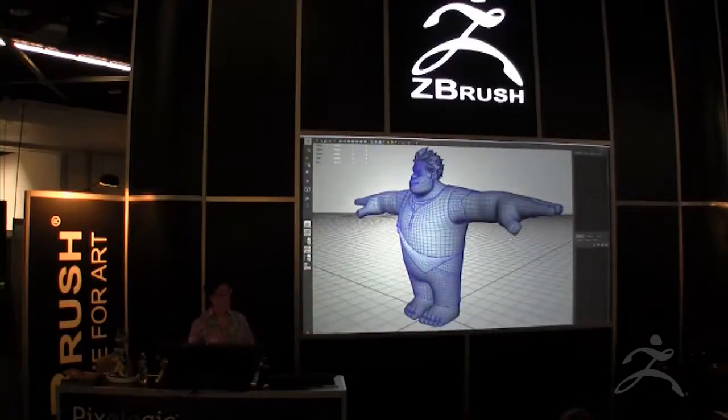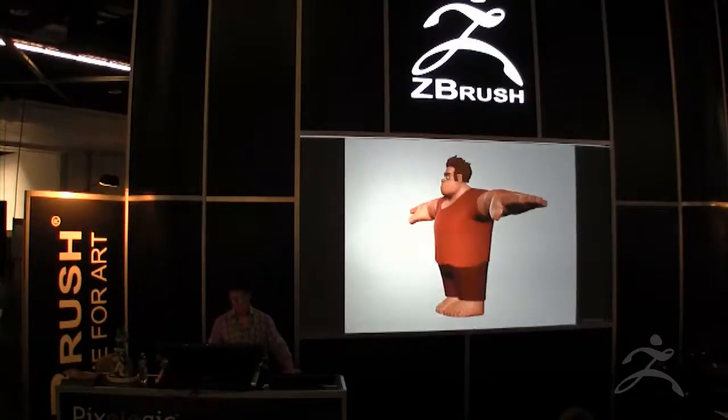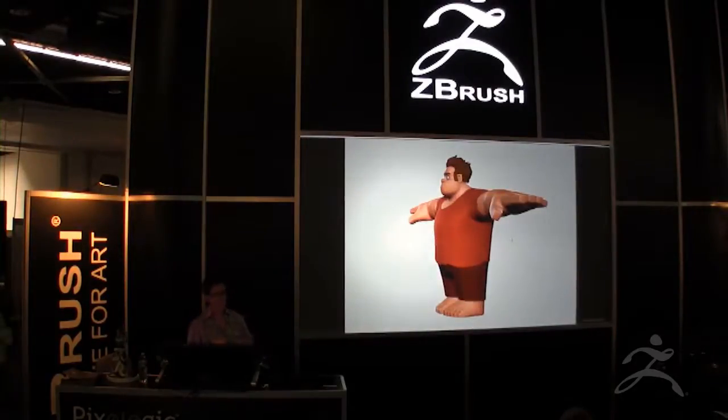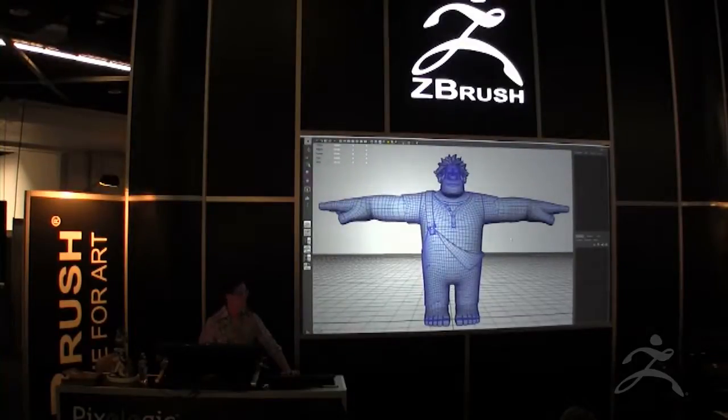So when we're doing that, we have to wrap all these ideas together and create a production mesh. And we do that back and forth between Maya and ZBrush. So we work in ZBrush because we love the way that you can read the form and you can show a director and they can read what's going on with the character, but we also work in Maya to make sure that it's going to be compliant with our pipeline. So it's a lot of back and forth, making sure that everything works exactly and specifically the way it needs